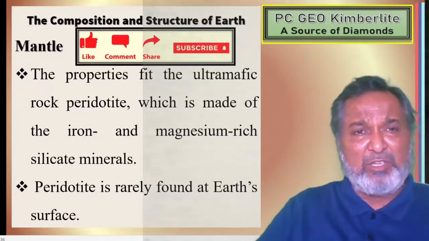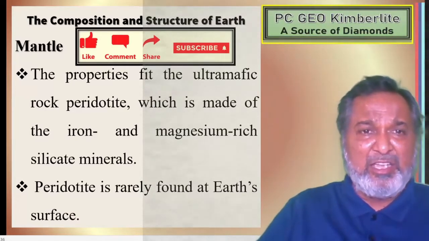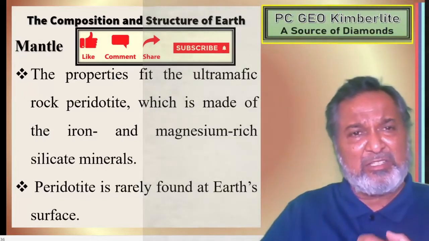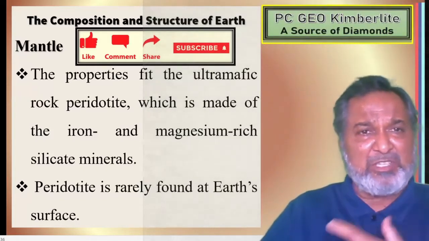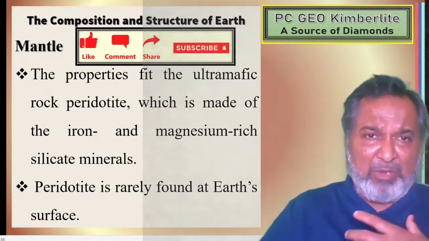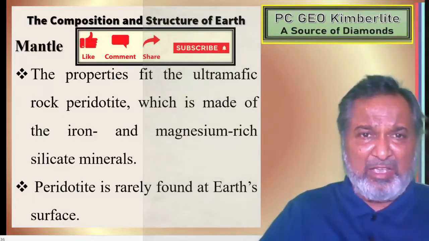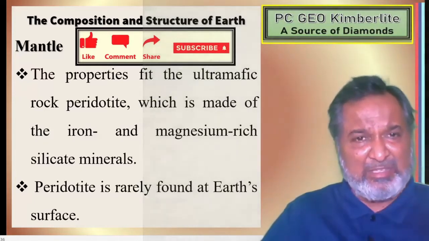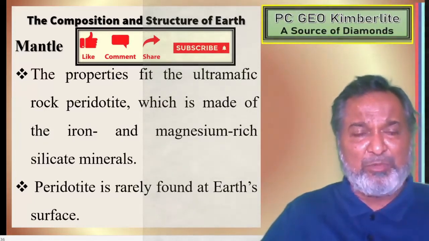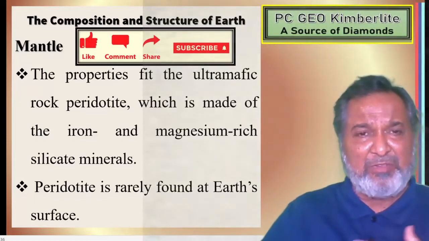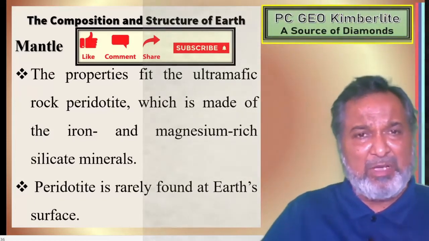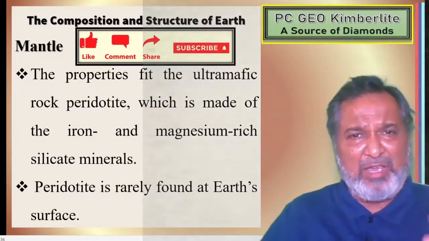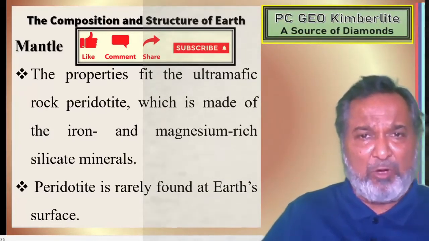The composition of the mantle is peridotite rock. So the mantle is the source of the magma which comes out, the peridotite magma. But once the magma comes to the surface, differentiation and assimilation take place, and the composition of the peridotite changes. Now we get granitic magma, basaltic magma, rhyolitic magma, dolerite magma. Like that, variation and derivatives are formed.